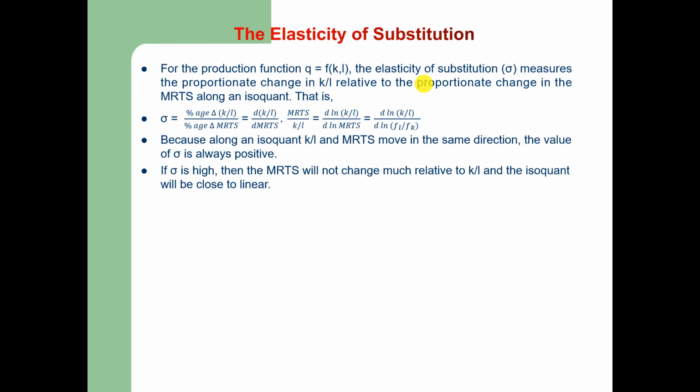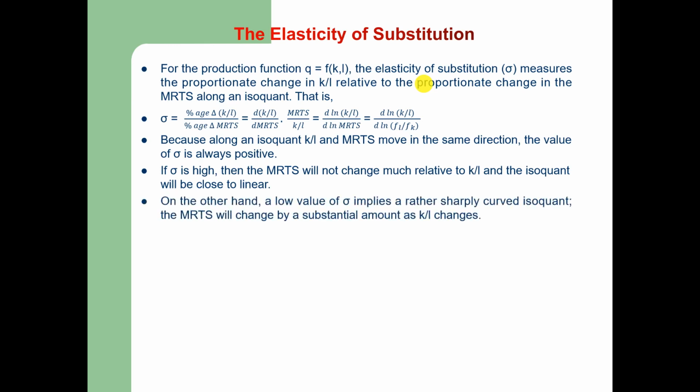So it means if the value of the elasticity of substitution is high or very high and approaches infinity, then the isoquants are more or less linear. On the other hand, if the value of the elasticity of substitution is low, it implies a rather sharply curved isoquant. The marginal rate of technical substitution will change by a substantial amount as the capital labor ratio